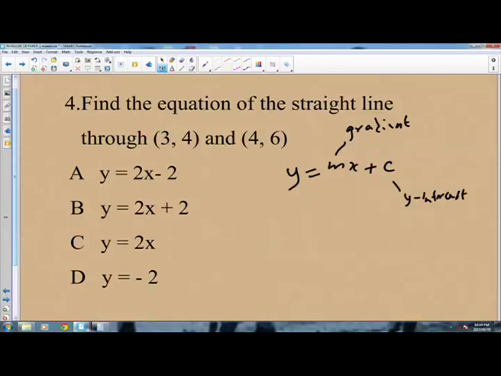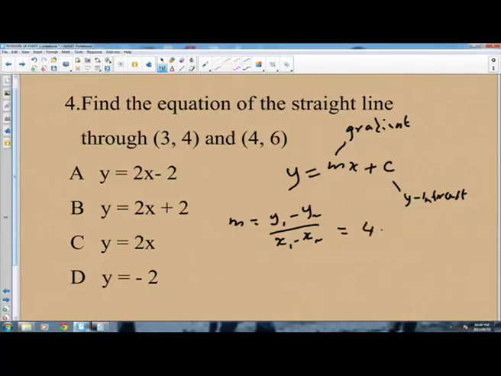Now, we have to start by finding the gradient of this line. How do we find the gradient of a line? The gradient of a line m is given as y1 minus y2 divided by x1 minus x2. So according to this question, the gradient will be